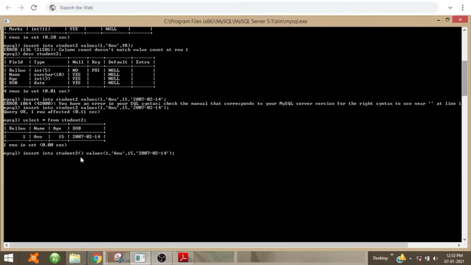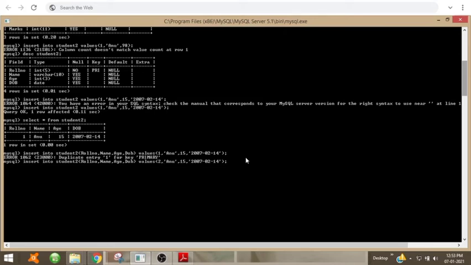The column names are roll number, comma, name, comma, age, comma, date of birth. Because we are inserting the same values, we have to change them.